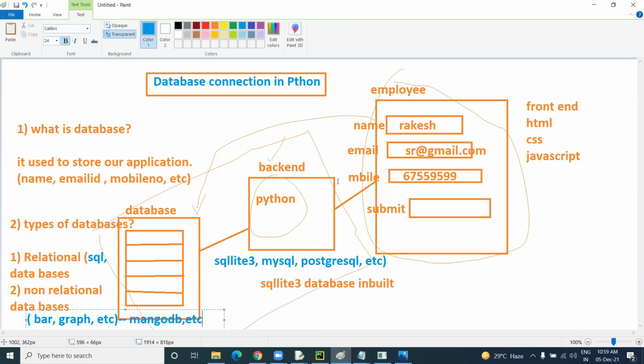So how we can execute, how we can create a database, how we can read the data from the database, how we can create tables, or if you want to update some particular name or mobile number, anything, we can update by using those keywords. And if you want to delete a particular row, we can delete. So these are all called CRUD operations. So if you know these operations, we can perform all the things with other databases also.